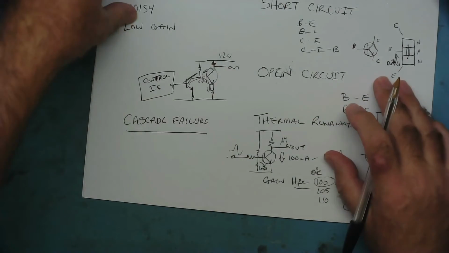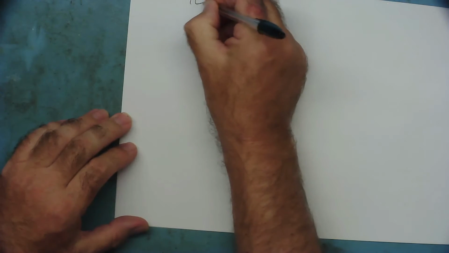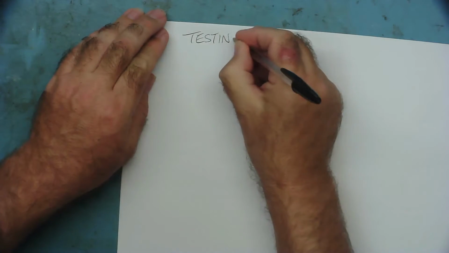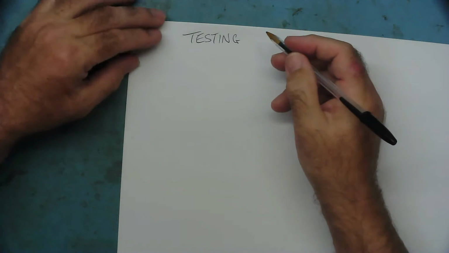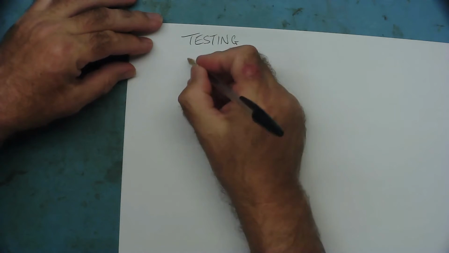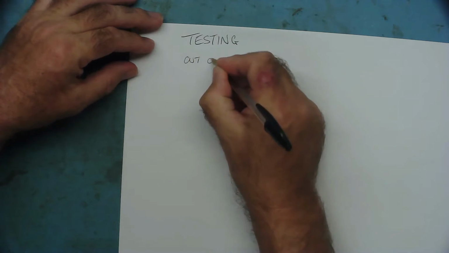So now we will turn over the page and we'll look at testing. How do you test for faulty transistors? There's a few ways we can test for transistors. One of them is out of circuit. So when you've got the transistor out of circuit,